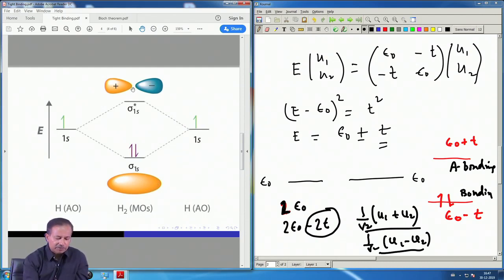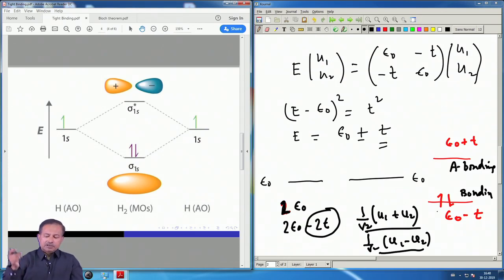And the antibonding orbital, as you can see, has a 0 in the middle, that is the r equal to 0 point. That means it is putting a node at r equal to 0. The orbital part is the antisymmetric part, so the two electrons are not going to be close to each other in the orbital part of the wave function. So there is a node at r equal to 0.